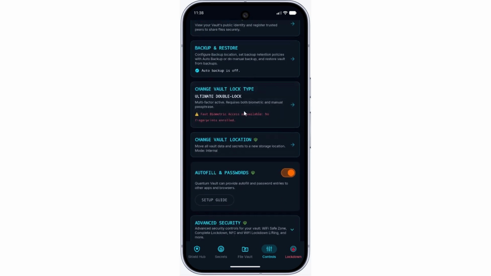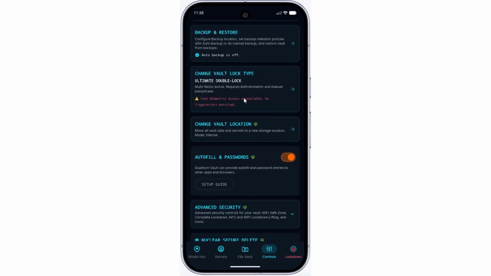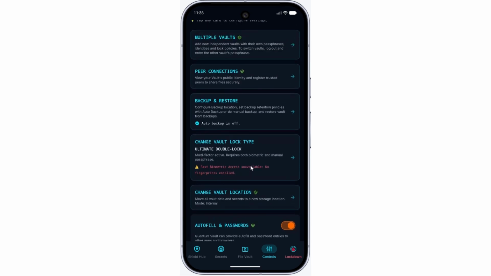So you need to check which type of lock mode you are in. Where can we check it? Here, change vault lock type. Presently we are in ultimate double lock. Yes, that's the right lock type for multiple vaults. You would not be able to create a vault if you are in fast double lock mode, sorry, fast biometric lock. If you are using fast biometric lock,